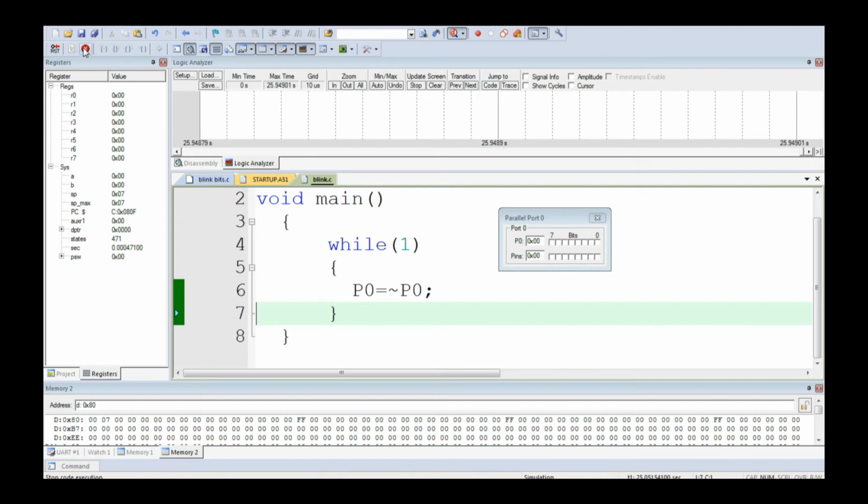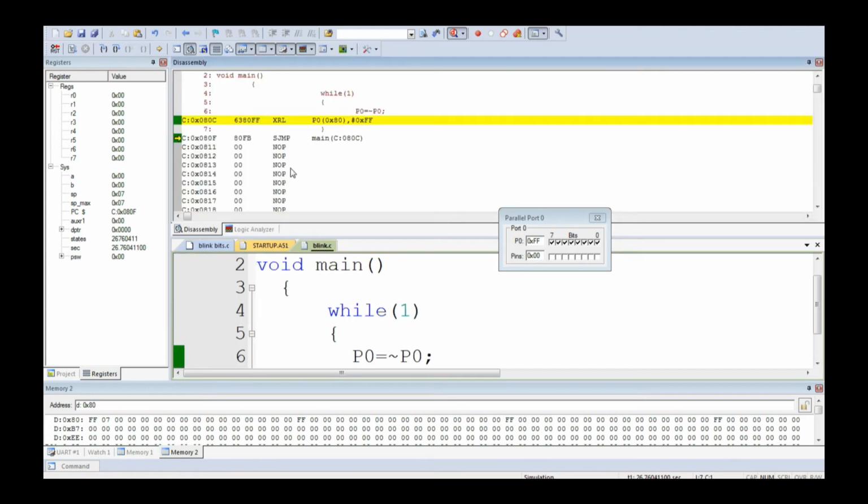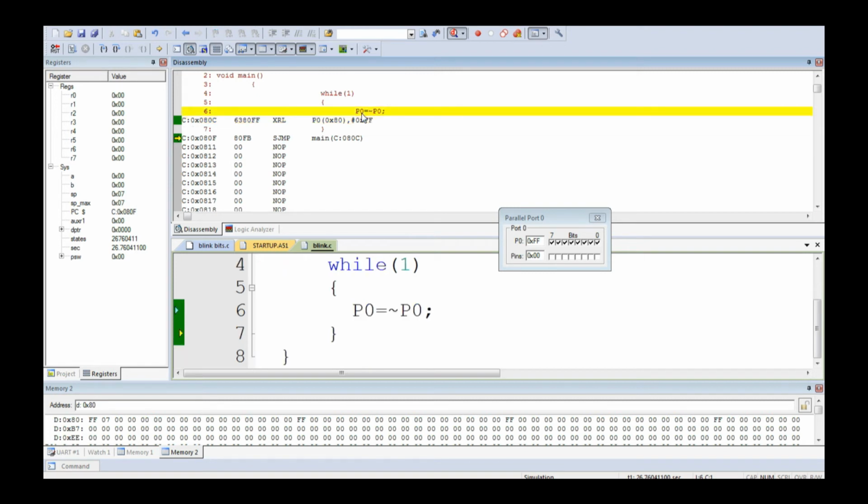And there is an oscilloscope in the Keil IDE simulator, which is also interesting. Before going to the oscilloscope, we must know assembly language programming also. We never concentrate much on assembly language programming, but we can see how the assembly language program for this code works. Now look at the screen. Here, look at the instruction, because this is the world's smallest code. I can proudly say that this is the world's smallest code.